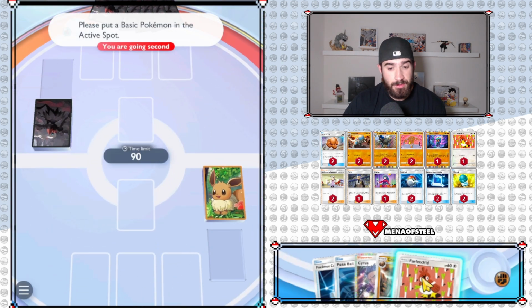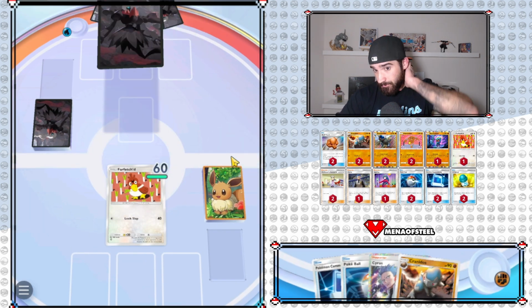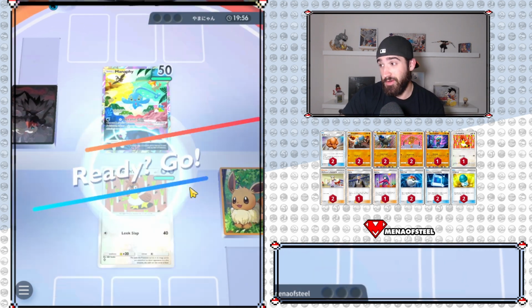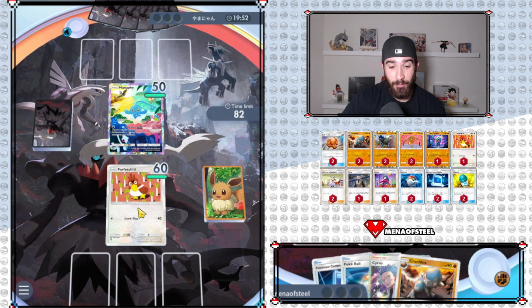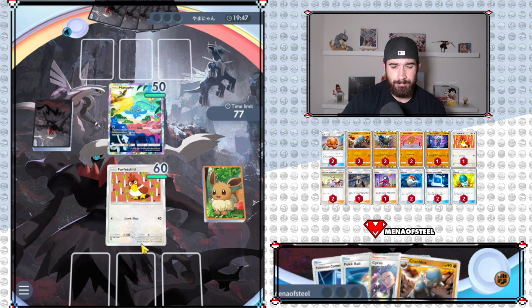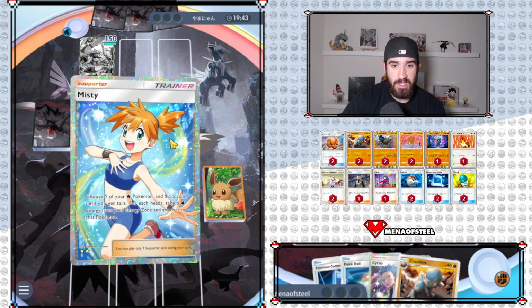Alright, going second against water. Farfetch'd is probably the most aggressive start here. Oof, a Manaphy. Unfortunately, we're not playing Geo, but this would have been the perfect spot to just end the game before it started, right? They will be able to ramp at least once though,